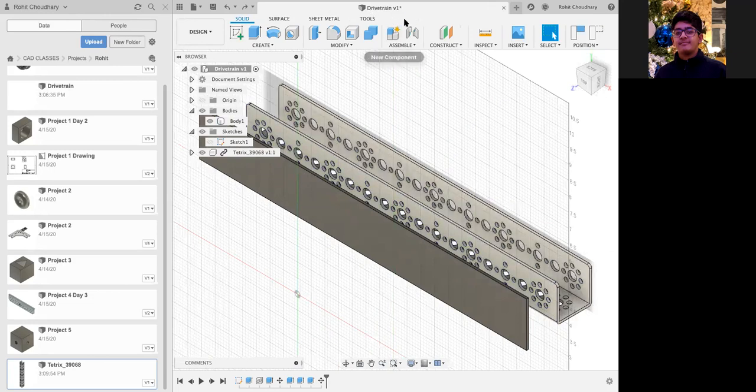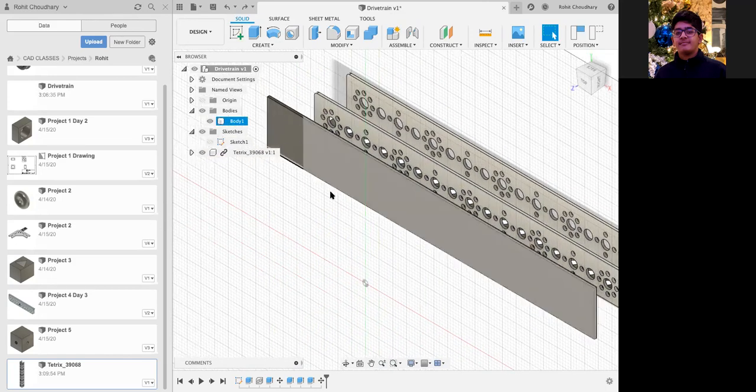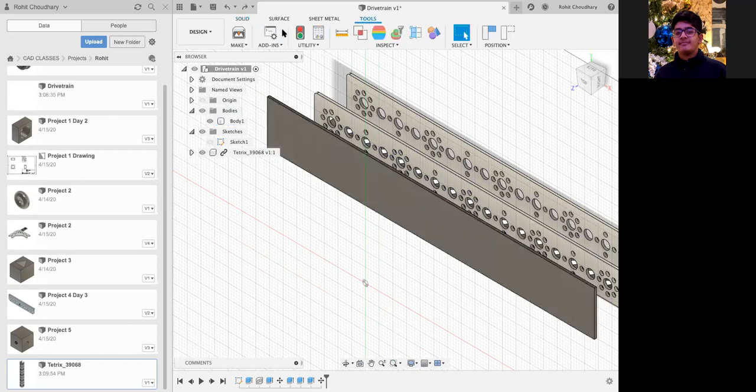So, every time you create an object in Fusion, it'll always have this gray color to it. But something that's really helpful, if you're sending this to somebody and you want them to see what it'll look like afterward, or if you're just trying to see what your object will look like after you create it in real life, is to use materials. So if you go up to